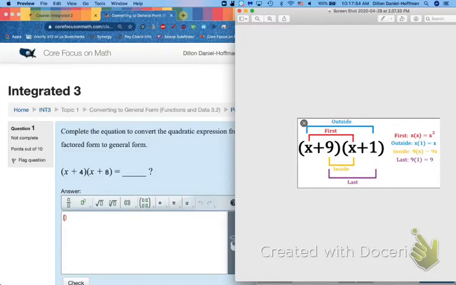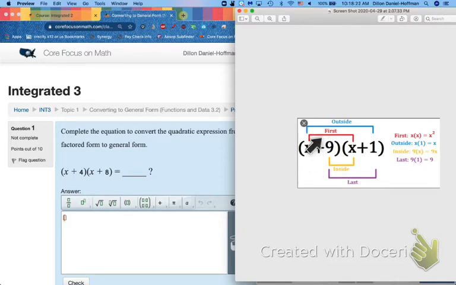Converting to general form, otherwise known as what you see on the right, the FOIL method. I've heard over the years of students' stories of middle school and other times when teachers would dress up as things like Foil Man or have elaborate ways of teaching this. I pulled up a simple one, really, just to remind you in a color coded way what this means